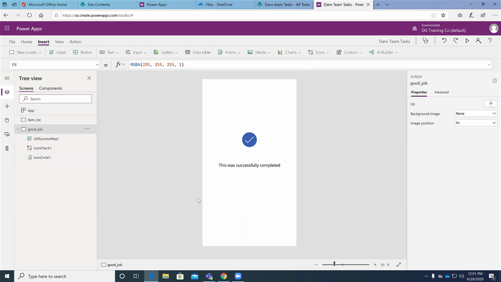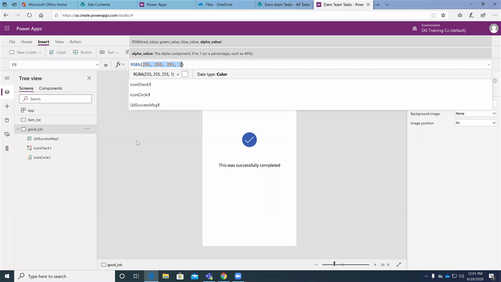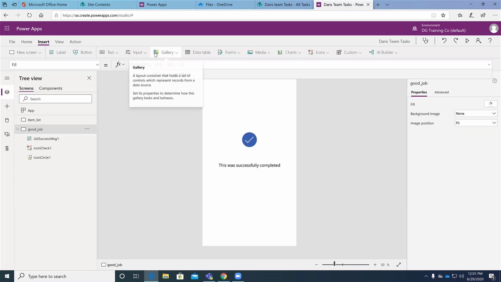But let's get into properties, let's get into formatting, let's figure some things out here, okay? So I wanna change the way this whole page looks. So I've got the page selected, okay? If you take a look up top, this is giving me the current color of the page. Now, what you're seeing here, guys, is the RGB values, red, blue, green, and the alpha, which is the transparency level, okay? I know you're thinking, like, how the heck am I gonna know what number to even put up there, Dan? Well, if you take a look over here in the properties panel, which is really where I work most often,